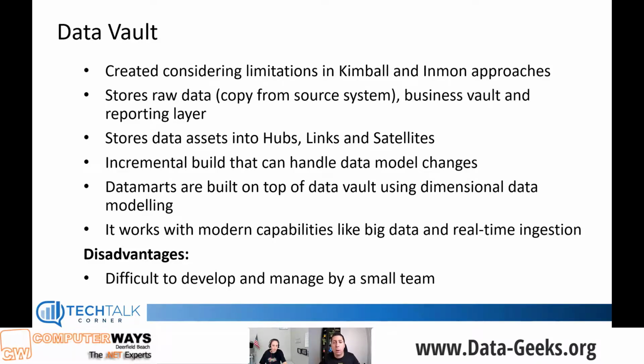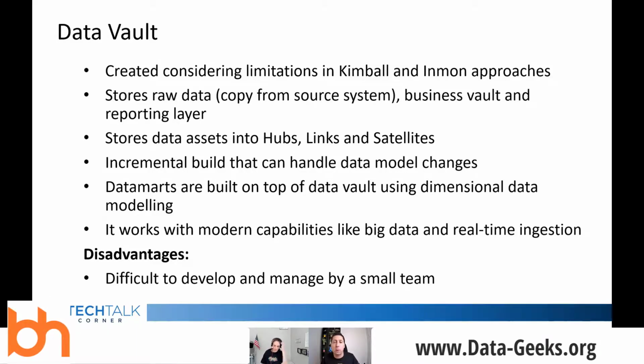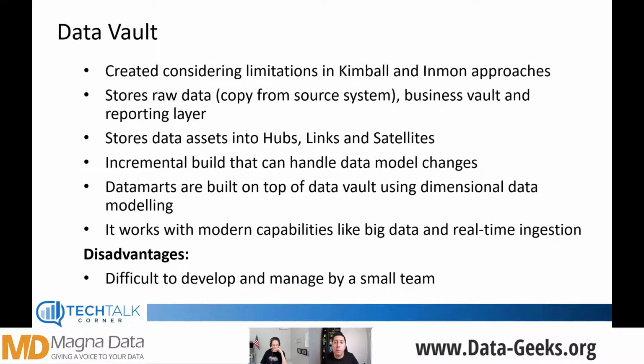We're talking about teams of 10, 15, 20 people supporting the data warehouse ecosystem. Those teams that are 1 or 2 people, I've seen them following a dimensional data modeling approach.